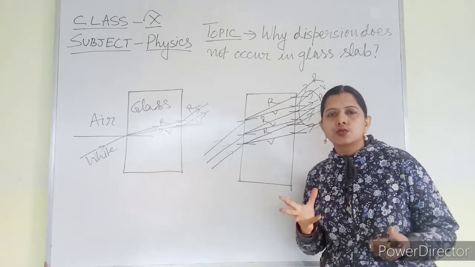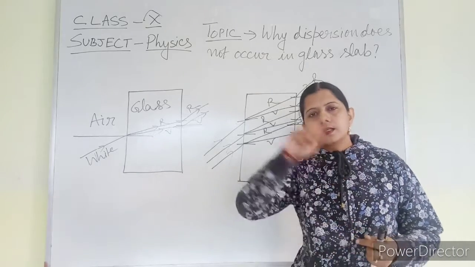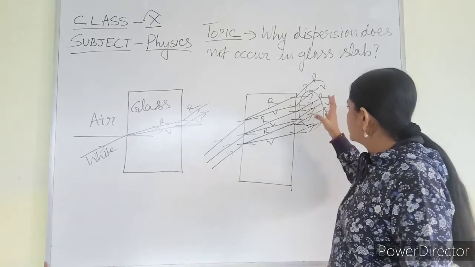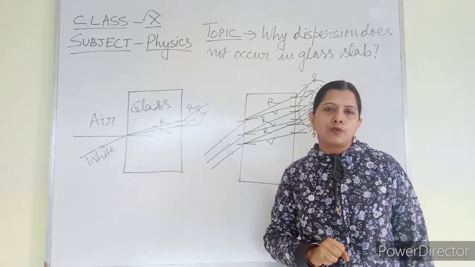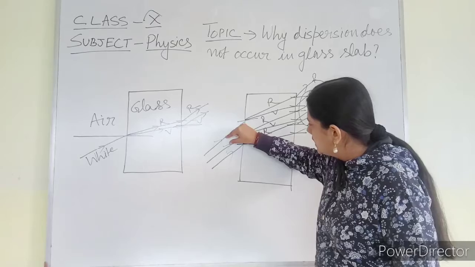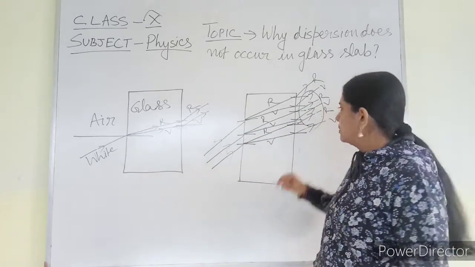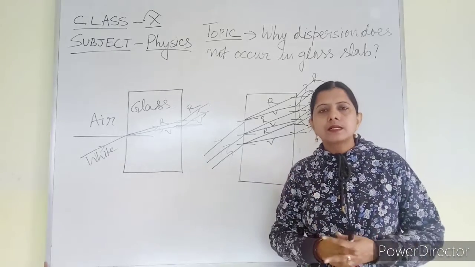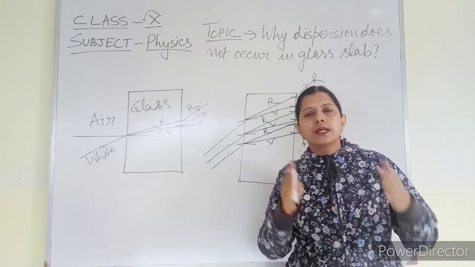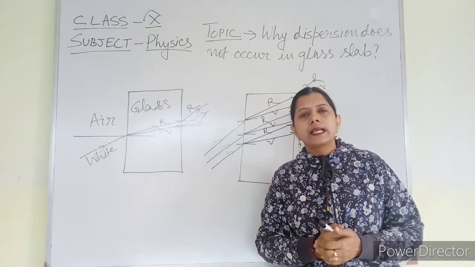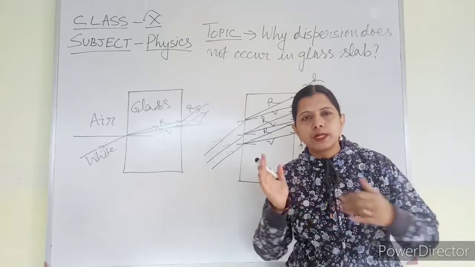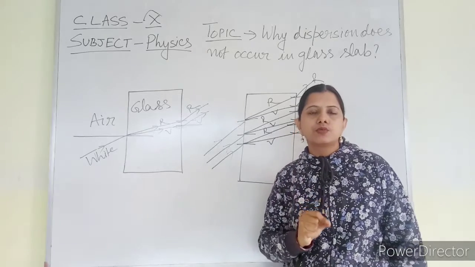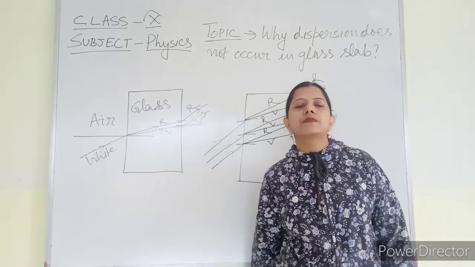We can say that it is made up of white color. As you have seen Newton's wheel, that is made up of 7 colors. If I rotate it, I will find white color. So similarly here, due to superimposition, a white color effect is going to form. The distance between these rays is very small. As the distance is too small, the rays which are coming outside cannot be differentiated, they are superimposed with each other. The human eye is not getting the particular distance which is needed for distinguishing the different colors.